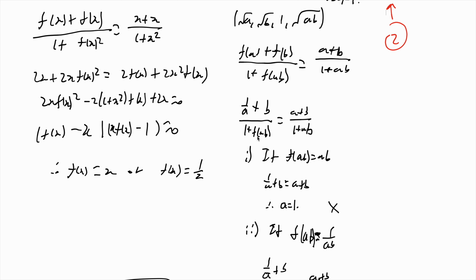Wait, if this is true, then this is true. So if A, then B. If not B, then not A. So we just need to prove that this cannot be true. That way we prove